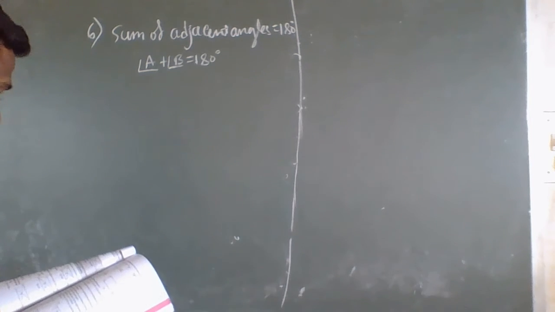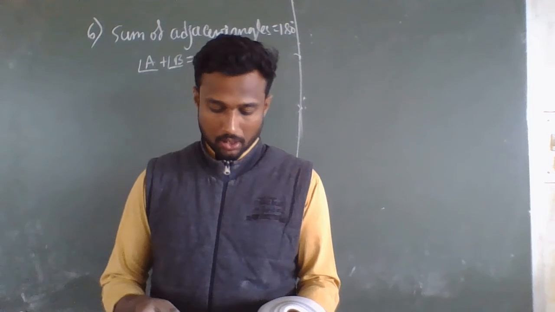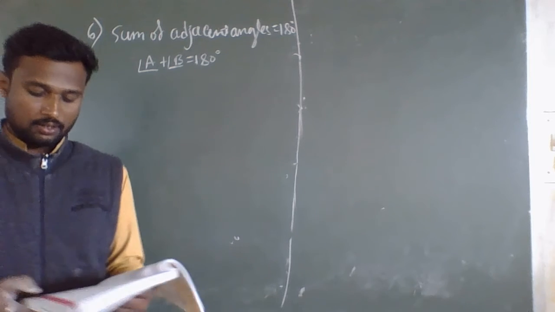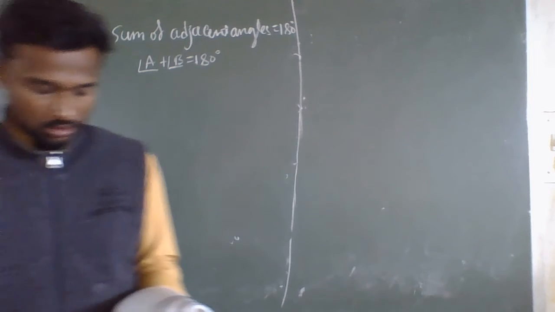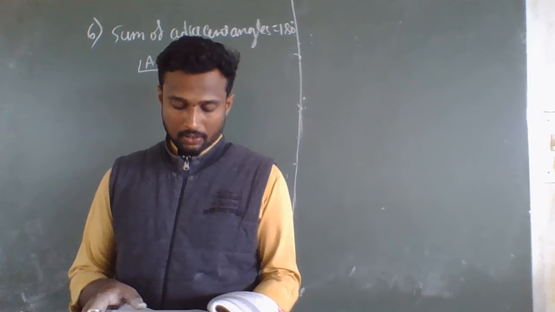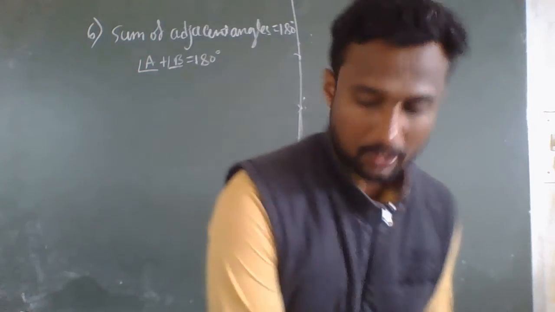In the sixth problem, what have they given? Two adjacent angles of a parallelogram have equal measure. So here two adjacent angles have the same measure. Find the measure of each of the angles of the parallelogram. So here